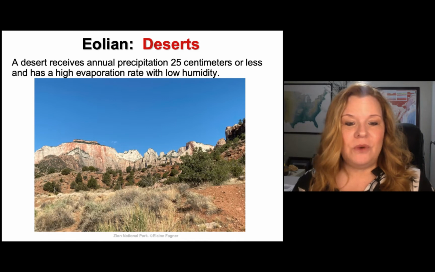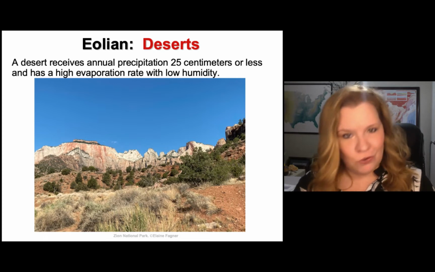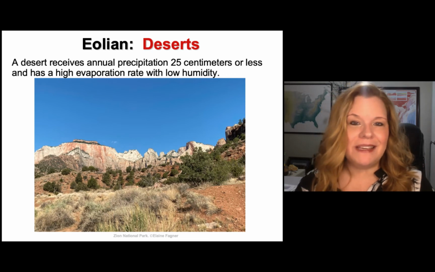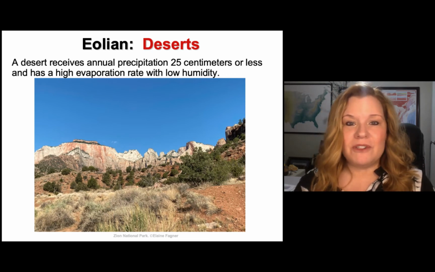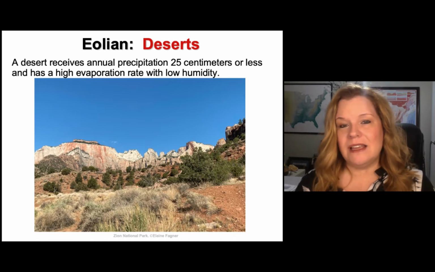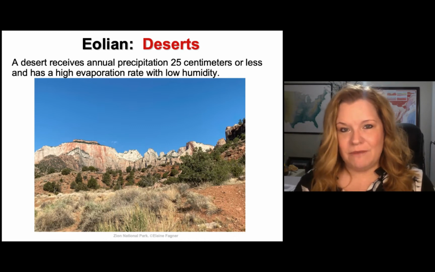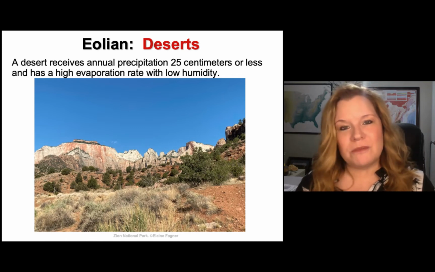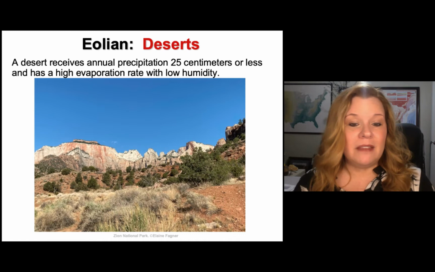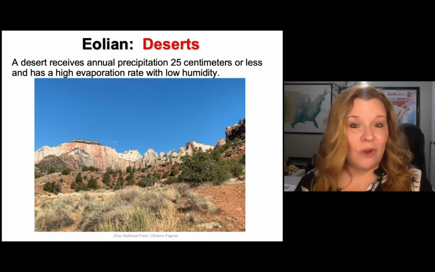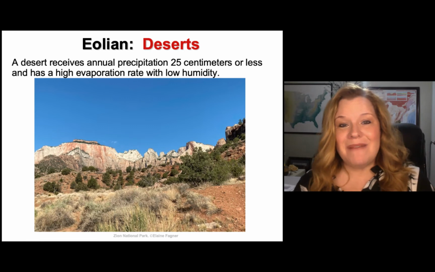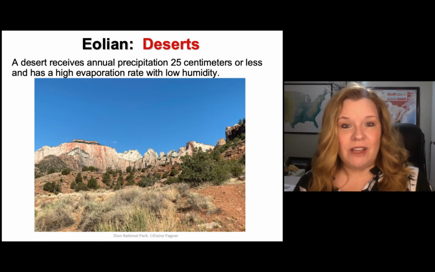This is a view right outside of Zion National Park in Utah. And landscapes like this don't just happen. There has to be a source of material that deposited these rocks. All sedimentary rocks work that way, right? Even if they're made in the ocean, there has to be a source of material that makes them. But in the case of what you're seeing in Zion, this was an Aeolian environment that created this back in the early Jurassic period, somewhere around 180 million years ago. These were the rocks that were made.